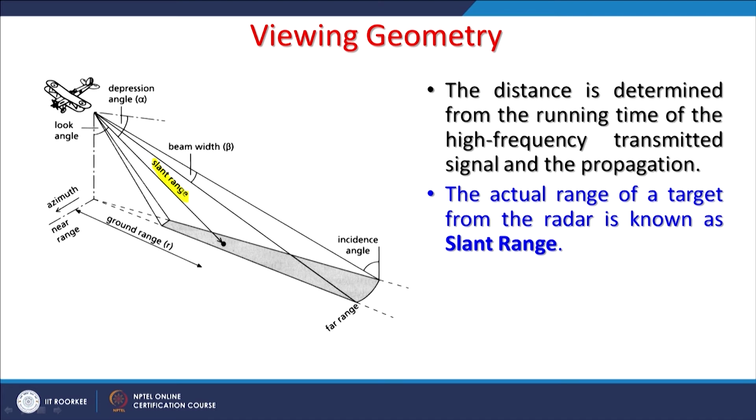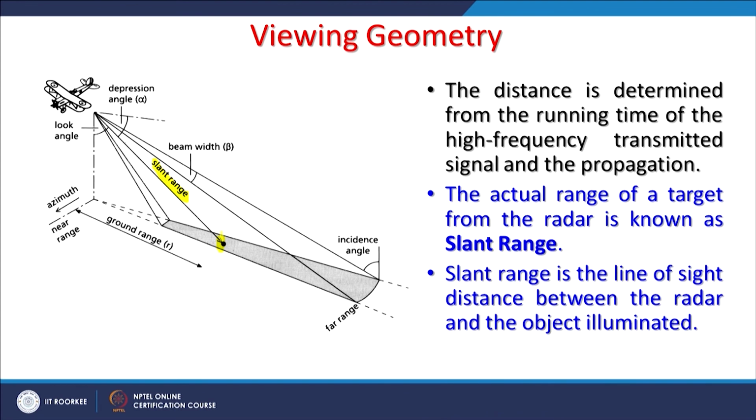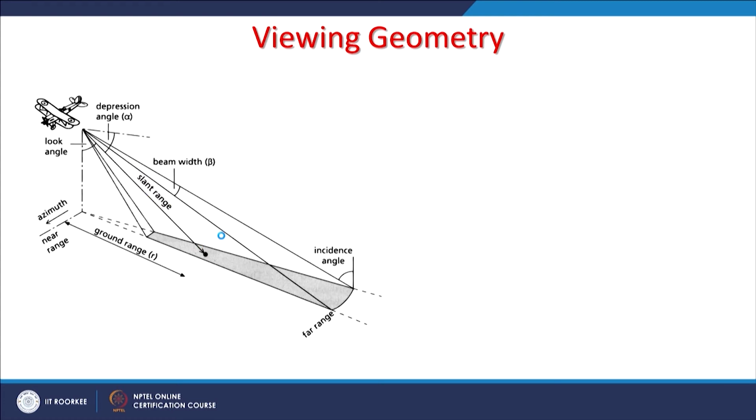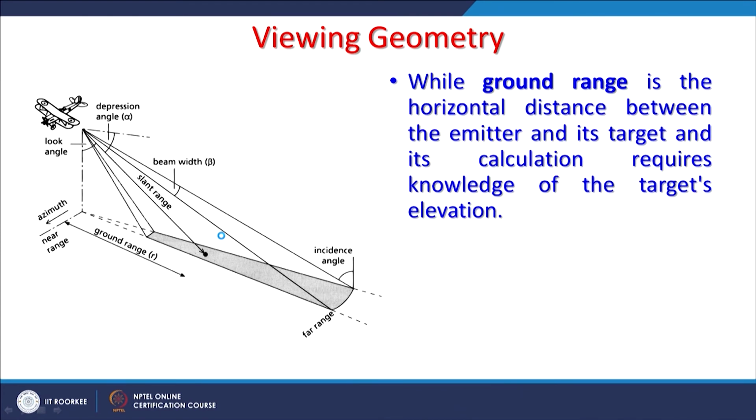In this case the target is here, and the slant range is the line of sight distance between the radar and the object illuminated. Line of sight means the direct signals we are getting, while ground range, which we have also identified earlier, is this, the vertically downward